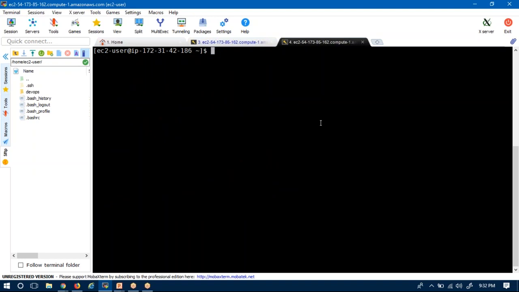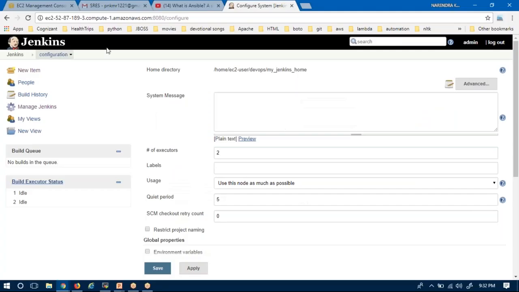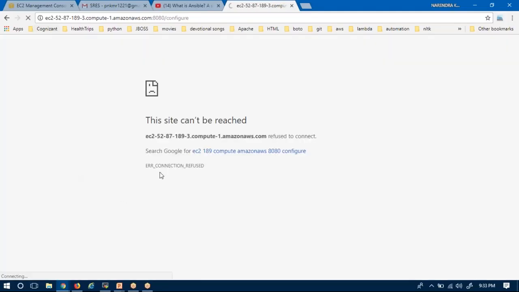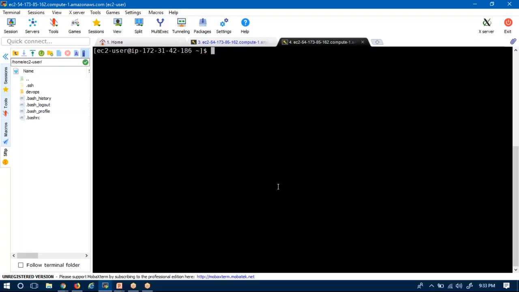Now as of now, under EC2 user, there is no .jenkins folder or any home directory of your Jenkins. And even if you go and refresh this, you will get an error. This site cannot be reached because the Jenkins server is down. There is no Jenkins server as of now under EC2 user, because I killed that, and also I removed the home directories of Jenkins.